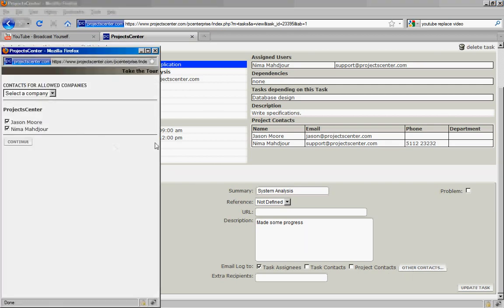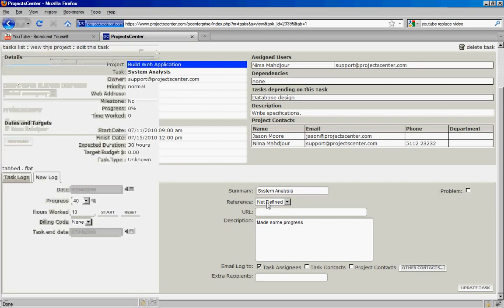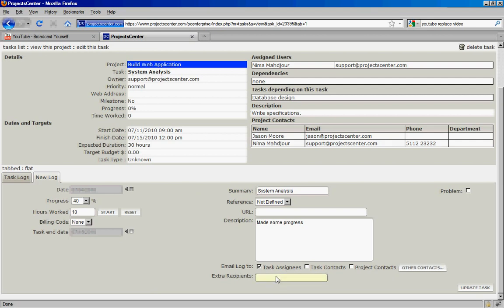Then I would put them in here, and so on. And then I hit update task,